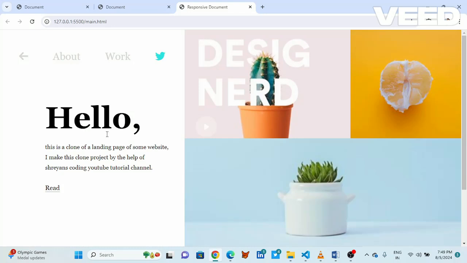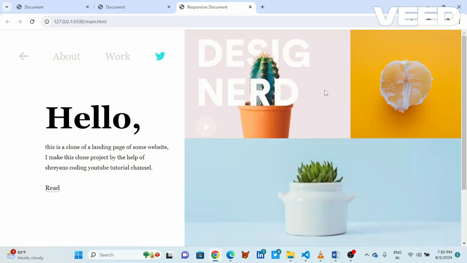On the right section, the section splits in two parts. The upper half is further divided in two parts where I put two background images in two different divs respectively. In the first, there is a cactus image, and in the second one, there is an orange. The lower half displays a single image of a flower pot. All images are set as background images to their respective divs, ensuring they cover the entire space and maintain their position.